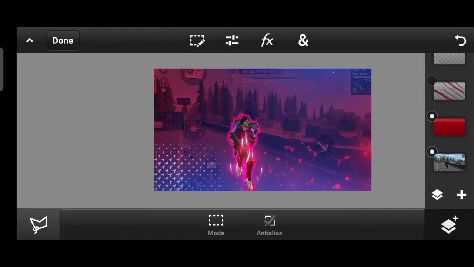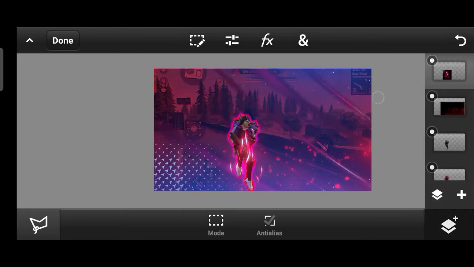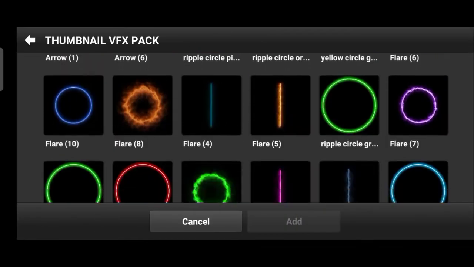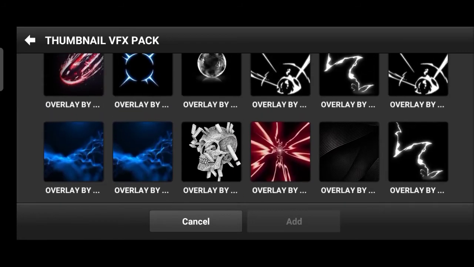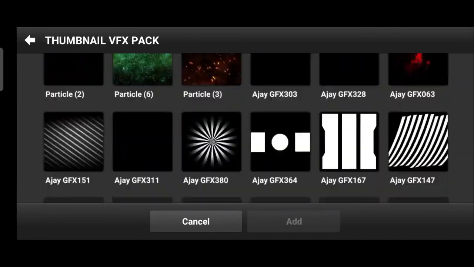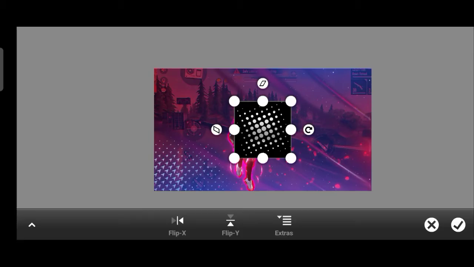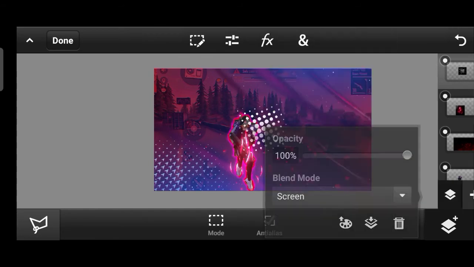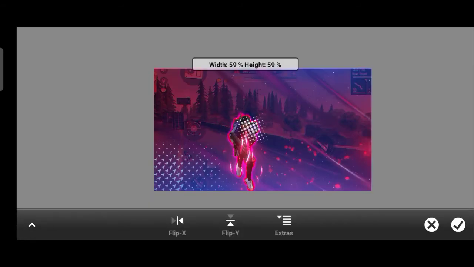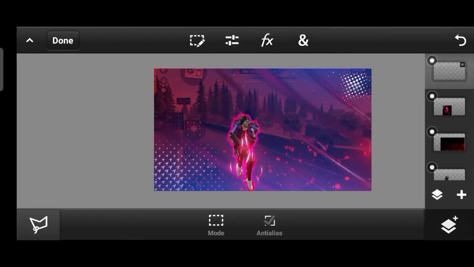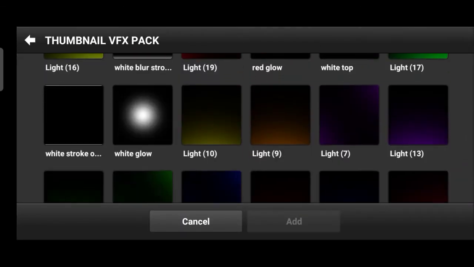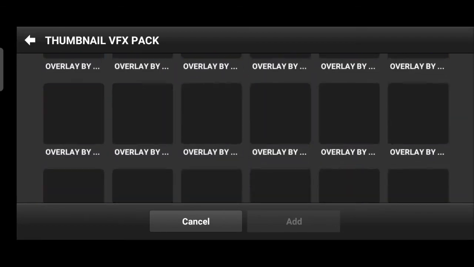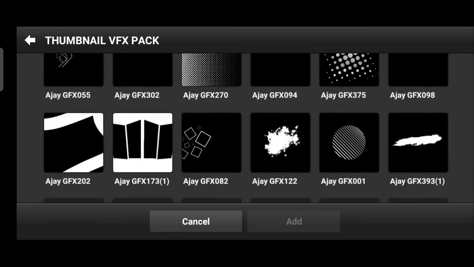Again, add screen: go to the layer section, blend section, click on screen and keep it on any side you feel comfortable with, and however your thumbnail looks professional.